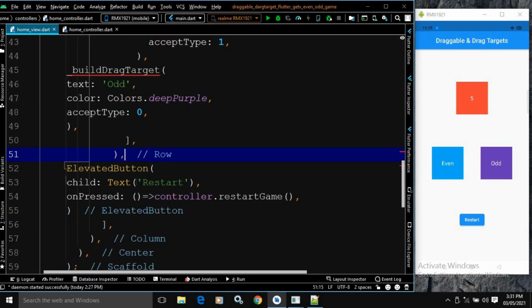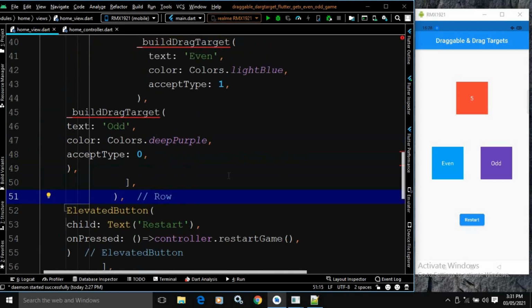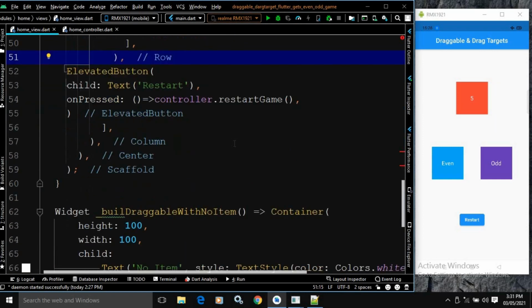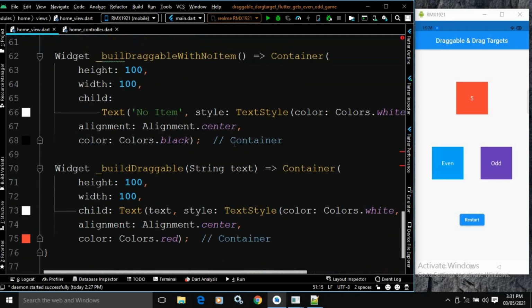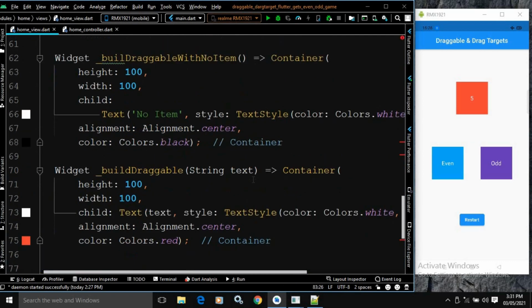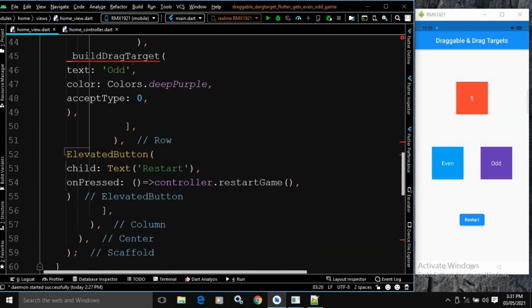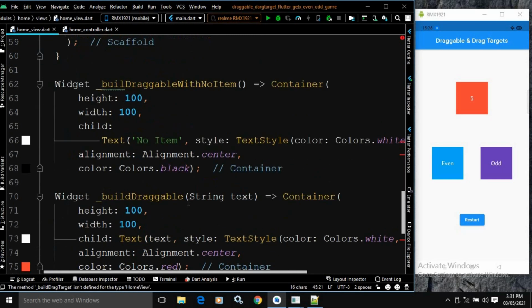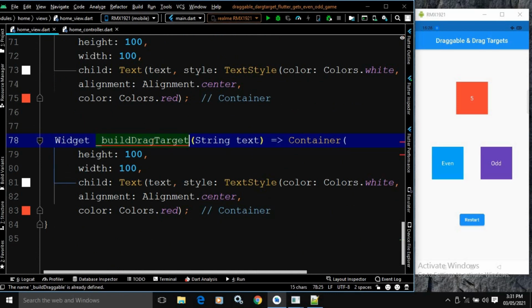Now let me move to the home view. Now I need to create this build drag target. So here I will simply copy this, paste it here. Let me change the function name to build drag target. So here I am changing the name. Now this function will have named parameters. So here I need to assign named parameters.